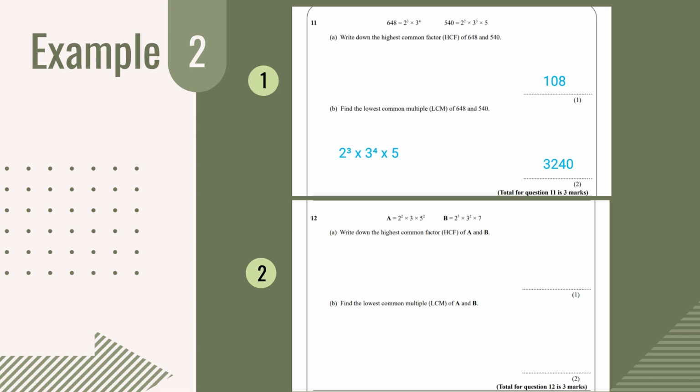A is 2 squared times 3 times 5 squared, and B is 2 cubed times 3 squared times 7. If we draw our Venn diagrams, in our intersection we should have 2 squared, 3, giving us our grand answer of 12. Finding the lowest common multiple of A and B, we simply times 2 cubed times 3 squared times 5 squared times 7, giving us the answer of